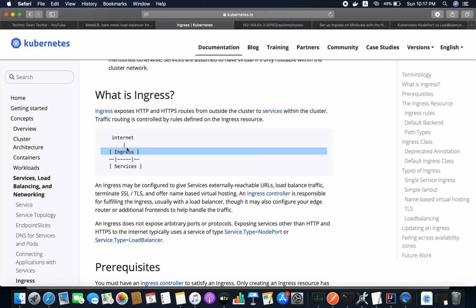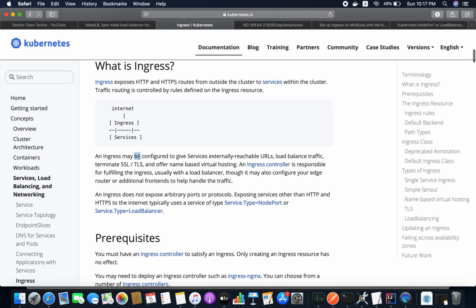There are many types of ingress controllers available in the market. An ingress may be configured to give services externally reachable URLs, load balance traffic, terminate SSL/TLS, and offer name-based virtual hosting.